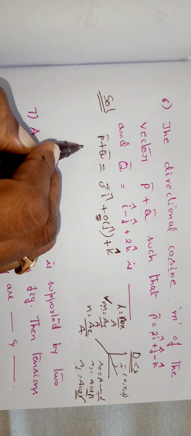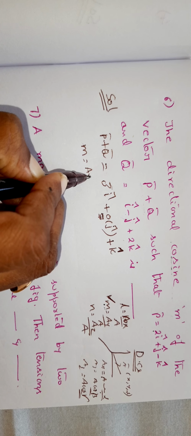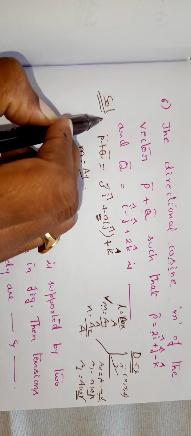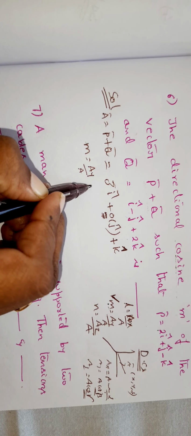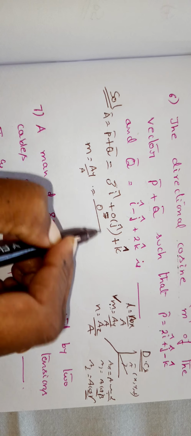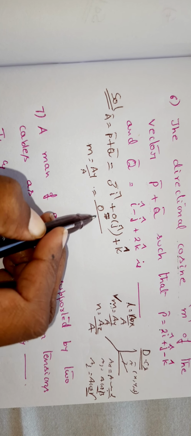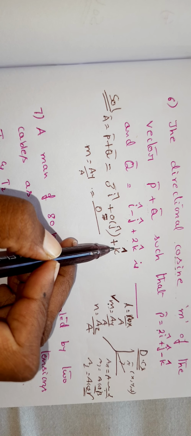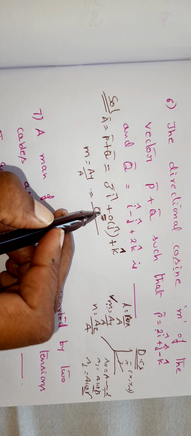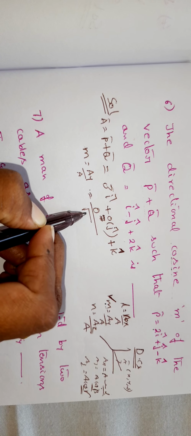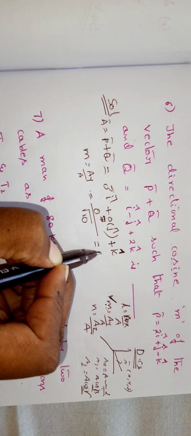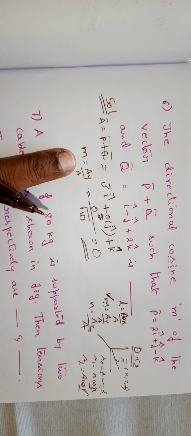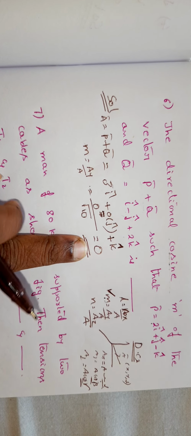So therefore now if I want m, which is equal to ay by a, right? So if I suppose this to be my a bar, what is that? That is 0 by something. So if it is a non-zero value, not an issue. So it is 3 square plus 1 under root 10, is it not? So square root of 10. So 0 by something, which is 0. So what is the direction cosine m? M is 0.